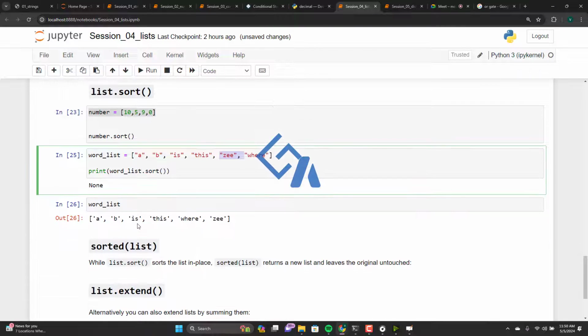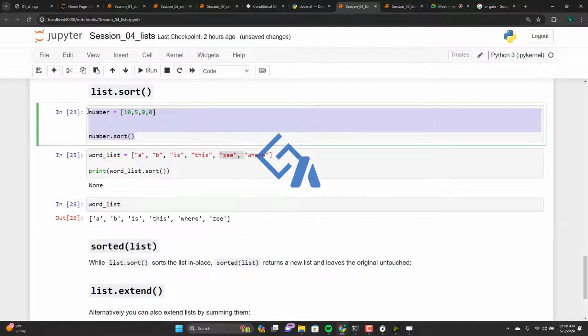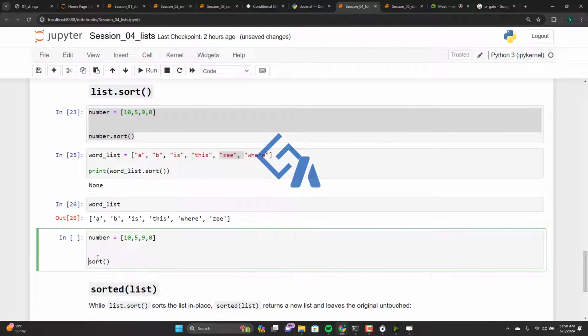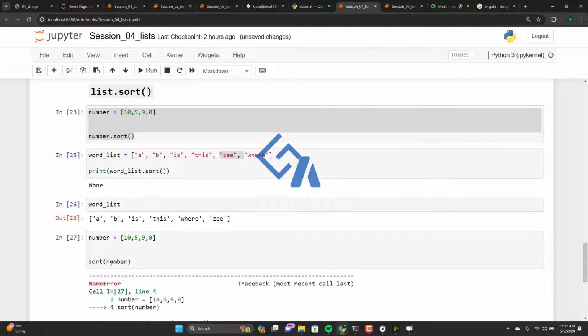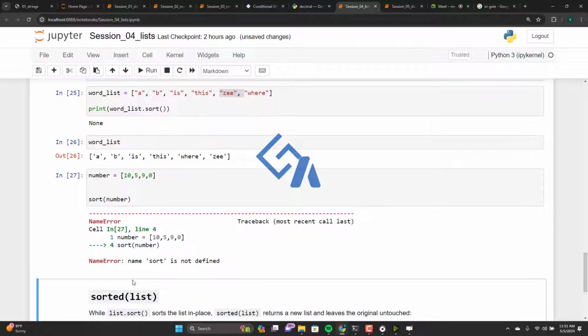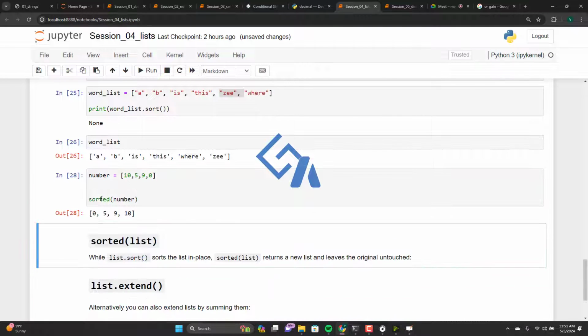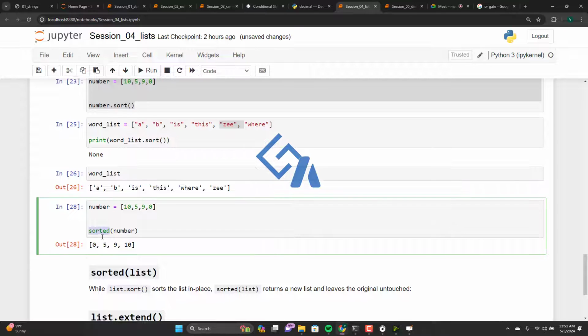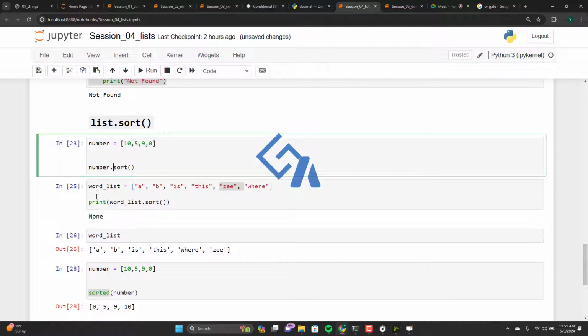Okay. There is another way of sorting. I will just copy the same code here. You can sort it by calling the sorted function and passing the number inside it. Okay. There is some issue, it is not sorted. I guess it is sorted. Okay, you can do it this way also. Sorted is a keyword. You can change it, the color got changed. Either you can do it this way or else